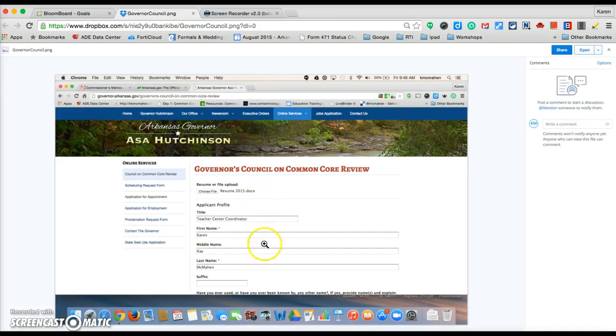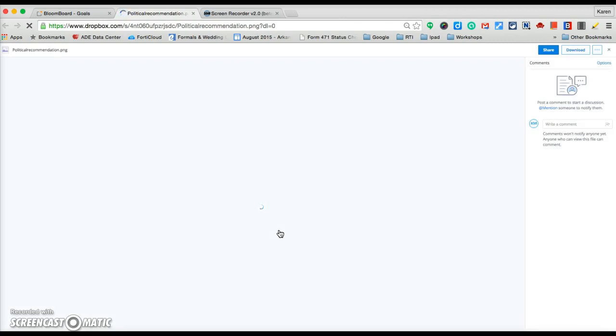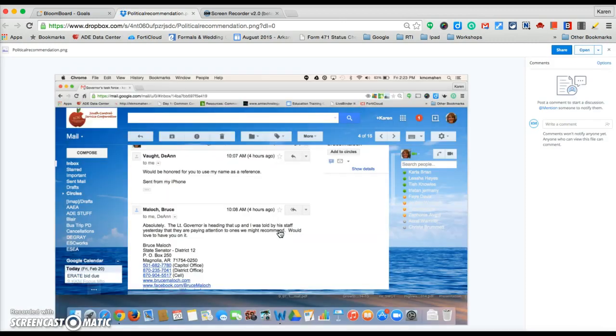You see where she was filling out the form online. So that's an artifact that she's becoming politically involved in the process. And then the next artifact, as it loads, is an email that she received from two politicians, Deanne Vaught, who is a House Representative,